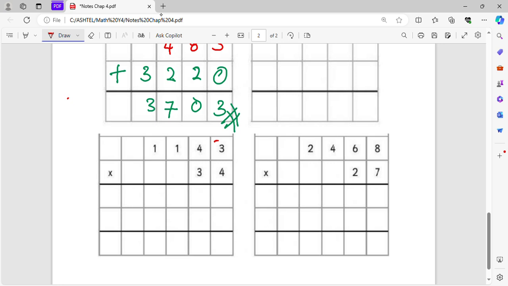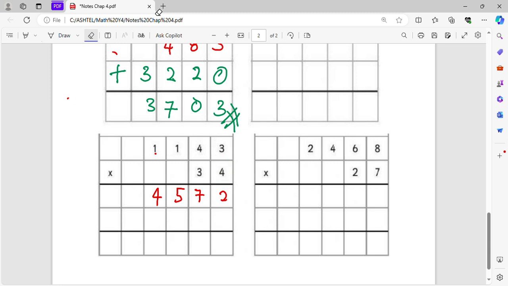Start with the numbers at the back. So 3 times 4, you will get 12. Okay, so 12, 2, 1 at the top. Okay, after that, 4 times 4 is 16. Add with the number 1 here, it will be 17. So 1, 7. Okay, then 1 times 4. 1 times 4, you will get 4 plus the 1 here, you will get 5. After that, 1 times 4 as well, so you will get 4. Alright, that is the